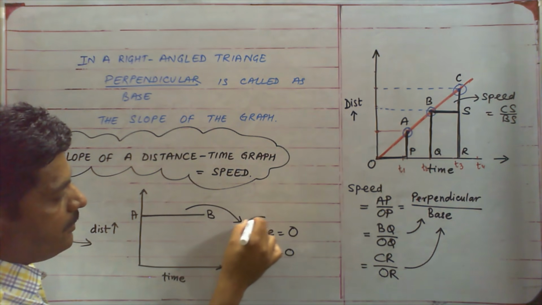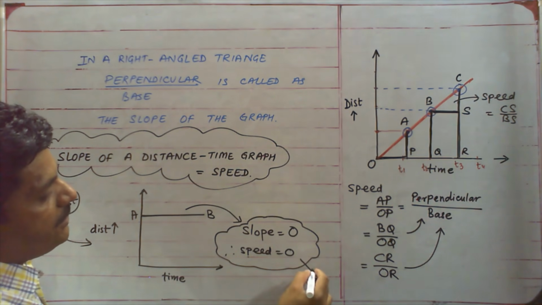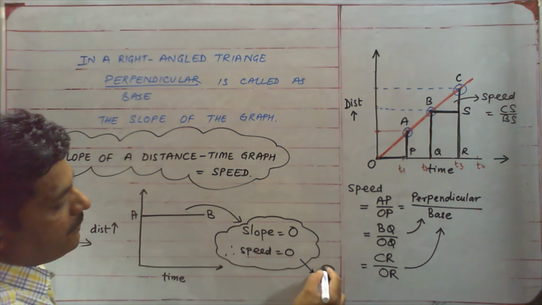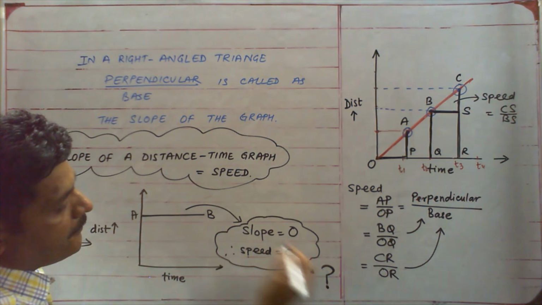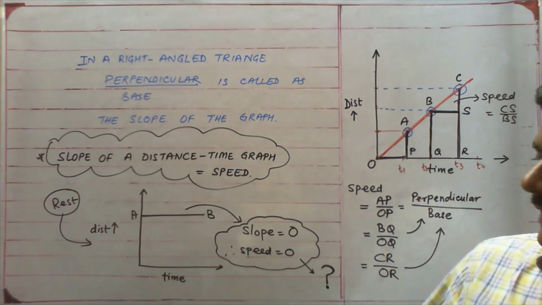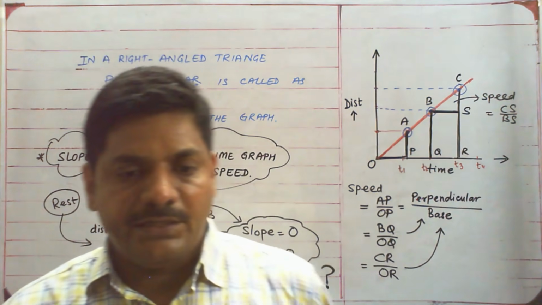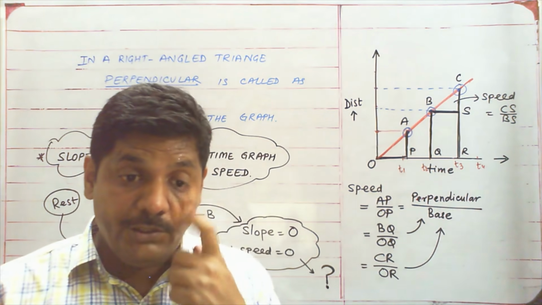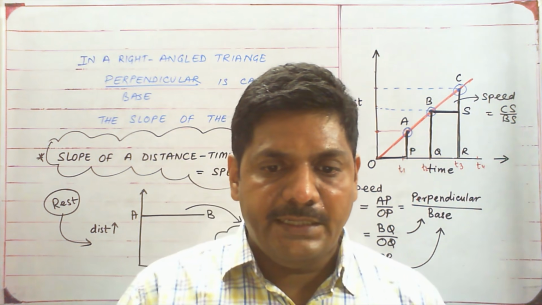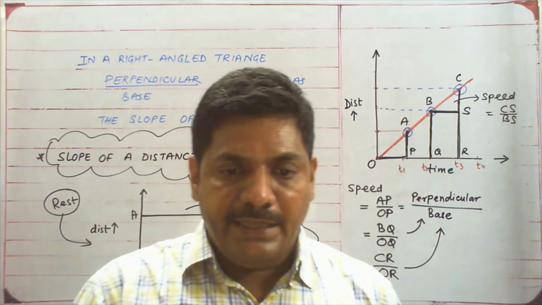Now this is your homework. This is what you have to think before we meet next time. Why is the slope 0? This is the question. Please think about it and we will discuss in the next class. And after we complete this, we will be solving a few numericals. So there is no numerical now. You just have to think, you have to understand what we have discussed today. Thank you so very much.